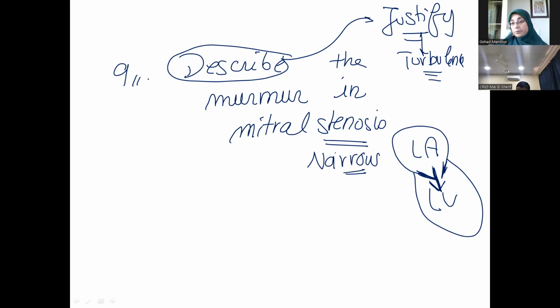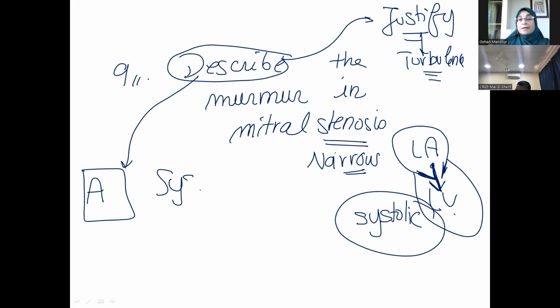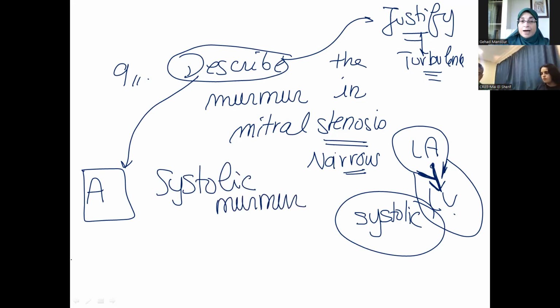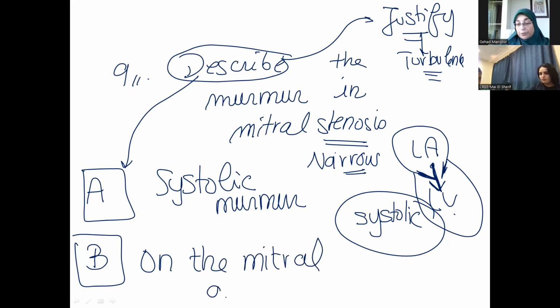يبقى لما البلد بيكون بيعدي من left atrium ل left ventricle هسمع murmur due to turbulence. يبقى this is a systolic murmur. يبقى if you're ever asked about description of the murmur in mitral stenosis, first of all, you have to say that it is a systolic murmur. Second, you have to say that it is on the mitral area. كفاية ان انا اقول on the mitral area؟ لا, I have to describe the mitral area. تمام؟